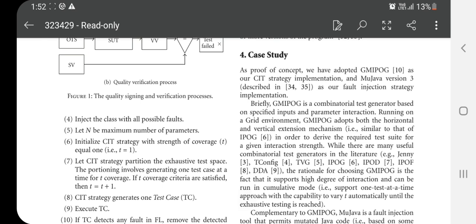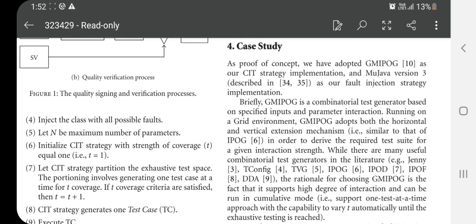We have adopted GMPI-POG as our CIT strategy implementation. GMPI-POG is a combinatorial test generator based on specific inputs and parameter interaction. Running on a grid environment, GMPI-POG adopts both horizontal and vertical extension mechanisms. It is important to ensure that the software implementation obeys the hardware implementation strictly. And the configurations of this case study: